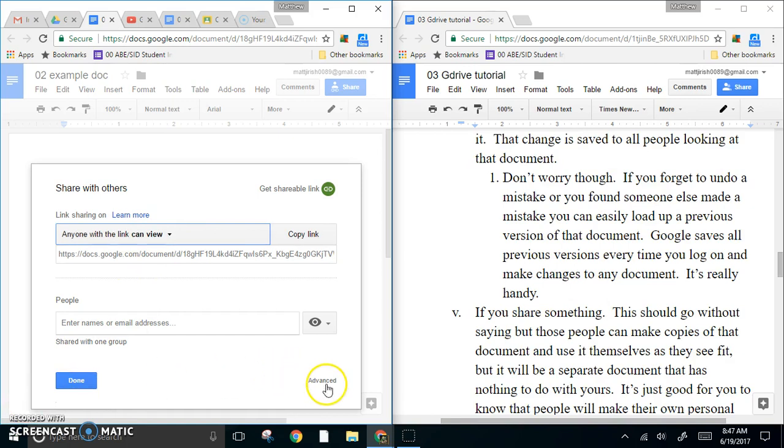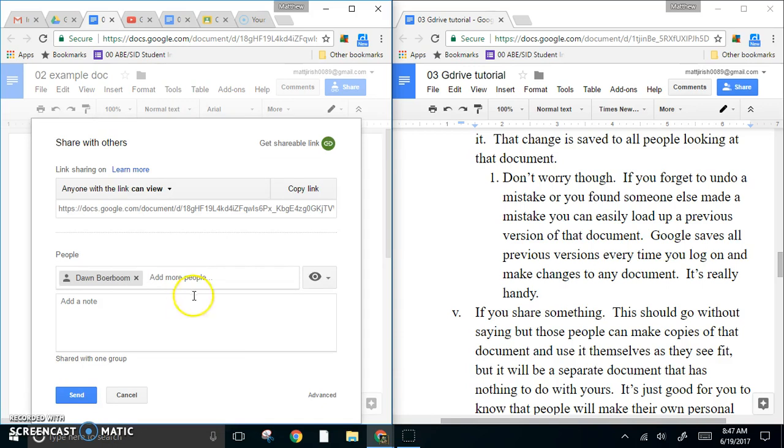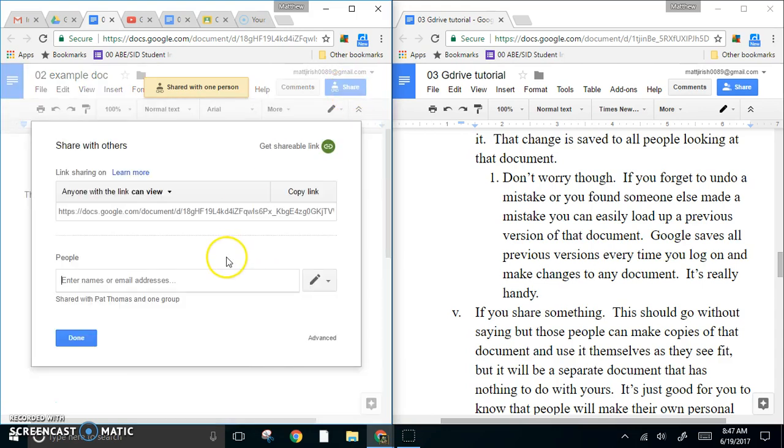Now, if you ever need to make changes to something, so for example, I can add someone here. I will give her a view. So now they have this document and they can view it. But let's say I want to change it. Maybe I want them to have edit, or maybe I realized I gave someone edit and I don't want them to have edit capabilities. If I go down to advanced,